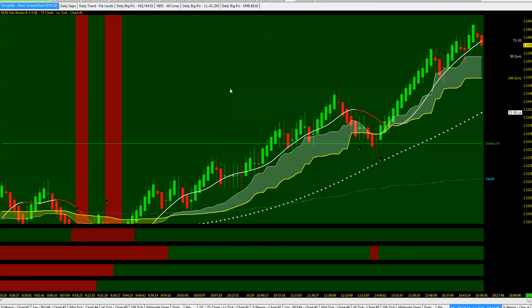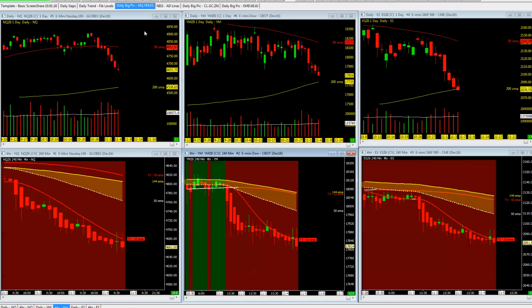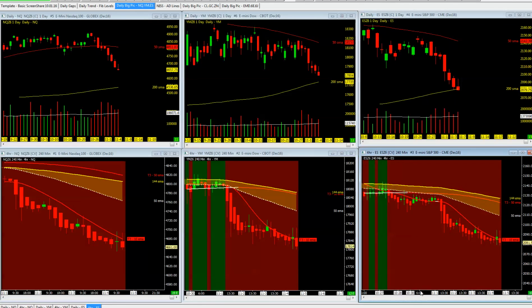All right, so that again is today's action, which is not indicative of what will happen next week. As we take a look at the daily big picture, price action on the NQ is back down to the 50 and the 200. Same thing on the YM. We've been seeing articles, posts online that the ES is finding support at the 200 period moving average on good volume. Big picture 4-hour chart has been downside. So whether you're trading the ETF, you've got that mindset a little bit that price action's been to the downside.